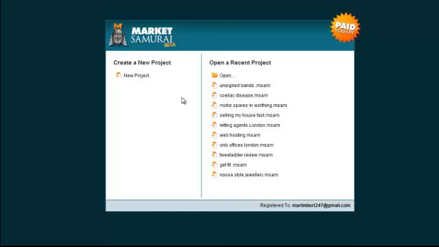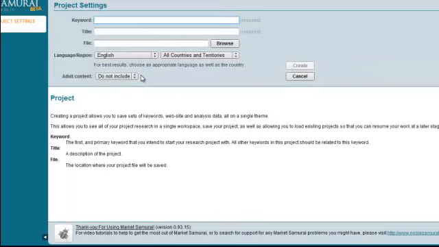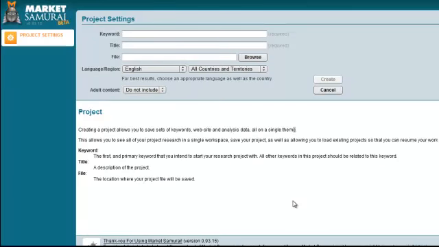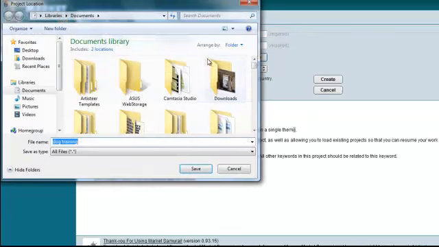The best way to have a look at this software is obviously just to go and show you around it. So we're on the front page here, and if we just click on new project, that just takes us through to this page here. Here we are in the back end of Market Samurai. Now, if we were to put a keyword in, for argument's sake, say dog training. Okay, so we can put the keyword in, dog training. We can click on browse. That will actually open up a